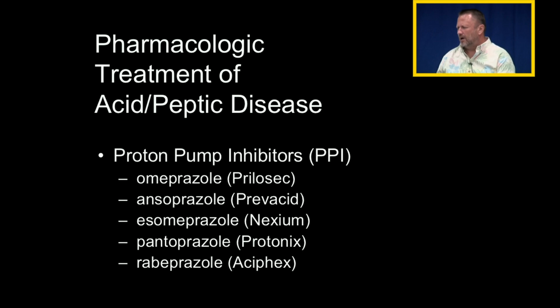So something else to keep in mind that's very important to know about the proton pump inhibitors is we will take patients who have intractable nausea and vomiting, or for whatever other reason, we'll put in a nasogastric tube. We'll put this tube into their stomach, and then we'll attach that to vacuum, and we'll start pulling the contents out of their gastrointestinal tract. And one of the things that we do when we pull the stomach contents out of the patient is we're pulling acid out of their body, and if we don't do something about that,